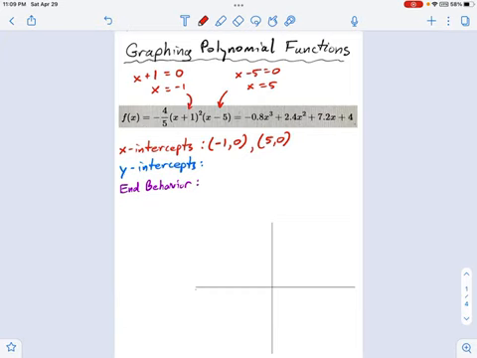Now, let's talk about the y-intercepts. So let me clear some room. The y-intercept is pretty easy if you're given the unfactored form, the standard form. You can find it in the factored form over here too, but what you want to do is basically set x equal to 0. That'll give you the y-intercept. Well, in standard form, this is quite easy. All these things over here go to 0, right? I just cover them up. What's left? Well, it's just 4. So that's 0, 4.